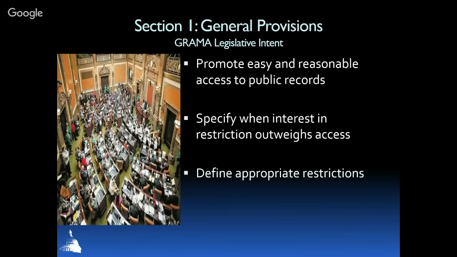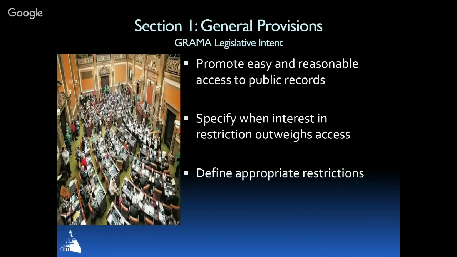So if you take a look at the beginning of the statute in Section 1, General Provisions, the legislature's intent is defined. And it informs us that the purpose of this act is to promote the public's right to easy access to public records and at the same time to prevent abuse of confidentiality by governmental entities by permitting the confidential treatment of some records. Its purpose is also to provide guidelines for both disclosures and restrictions that are based on the equitable weighing of relevant interests, which are consistent with the nationwide standards and practices.